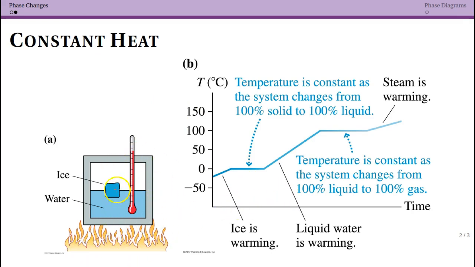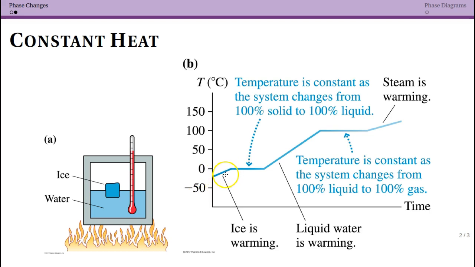Imagine that I start with a big block of ice and I heat it. Now, I can heat it at a constant rate. We haven't actually talked about what heat is yet, so don't worry too much about that. But I'm basically putting a constant amount of energy in per unit time. Now, one thing to realize is that ice can be colder than 0 degrees Celsius, right? That's okay. So I can initially start with ice that is colder than freezing, and as I put in energy, it gets warmer.